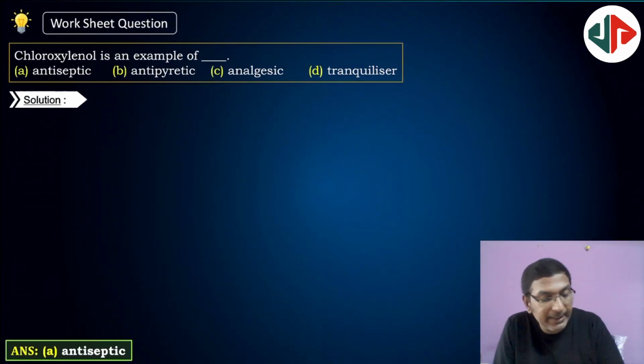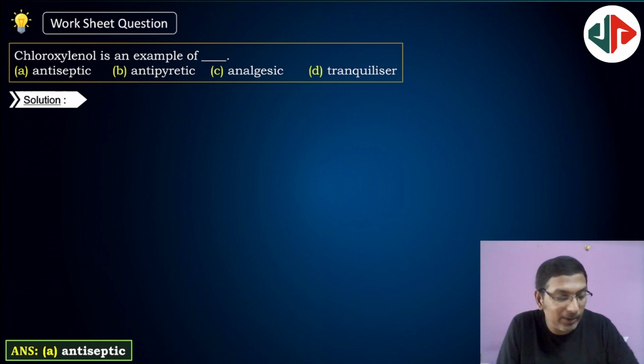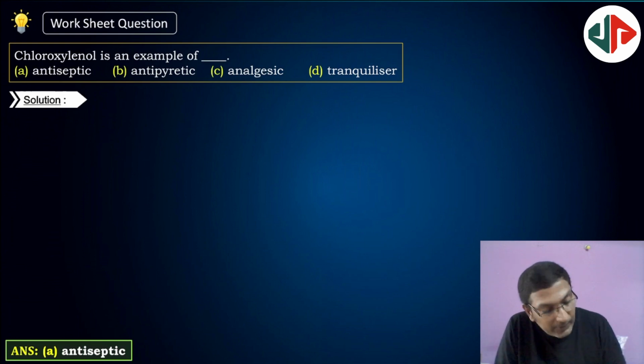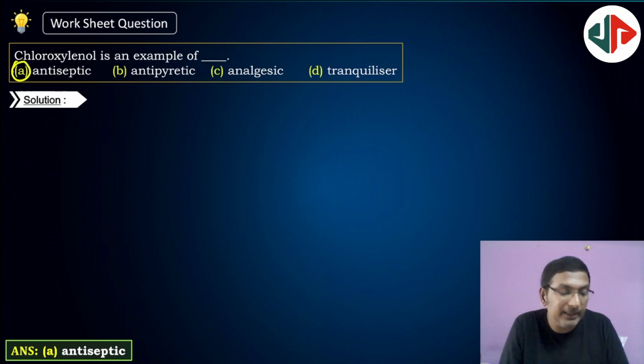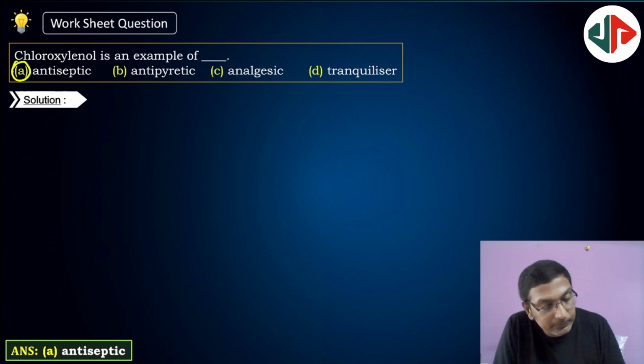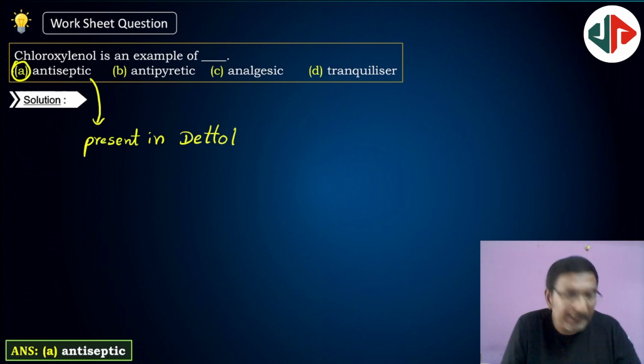So chloroxylenol is an example of antiseptic. Simply antiseptic. So it is present in Dettol, which is antiseptic. Next,